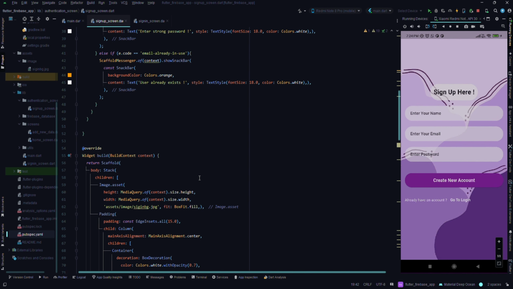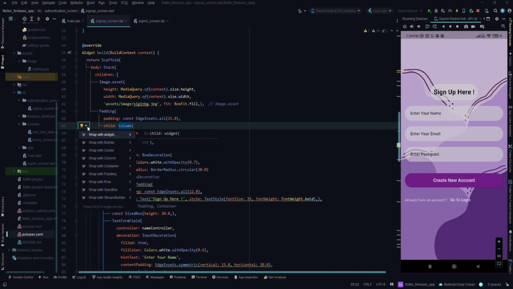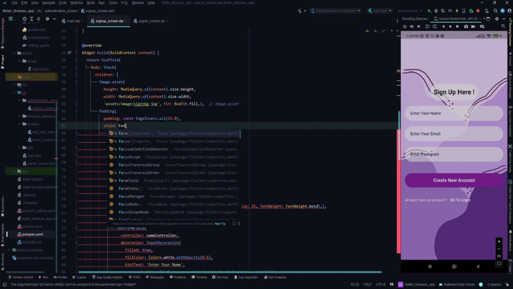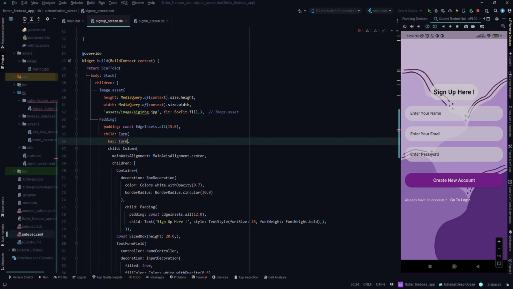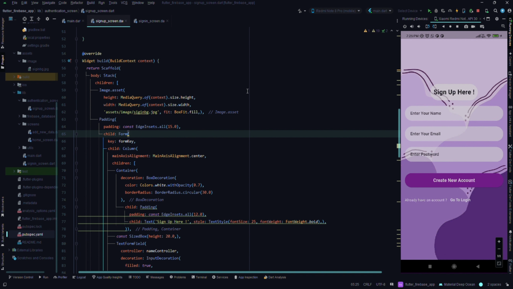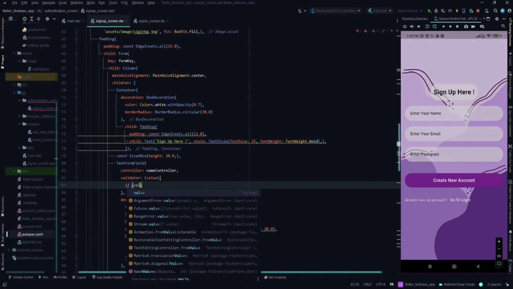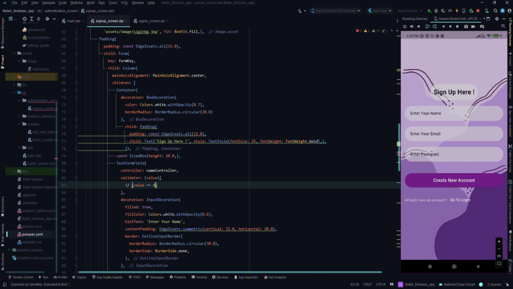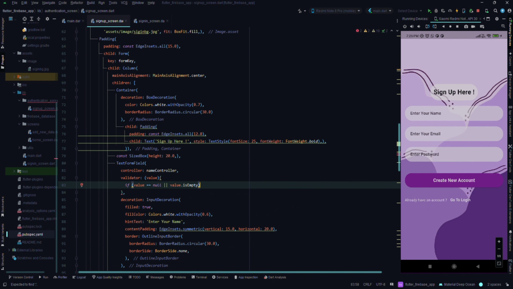Now we will wrap our column with the form widget. And inside this form widget we need to apply key, which is form key. Then we need to apply validation to each text field. Validator value curly braces, inside this we need to apply condition. So if value is null or value is empty, then it will return